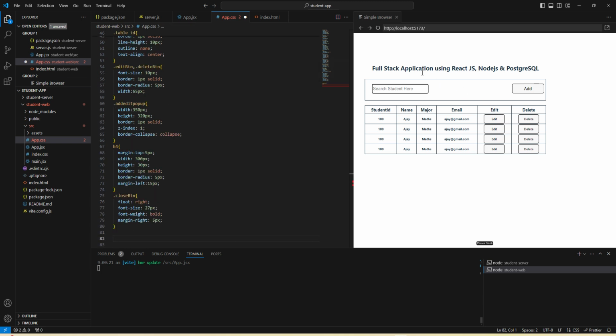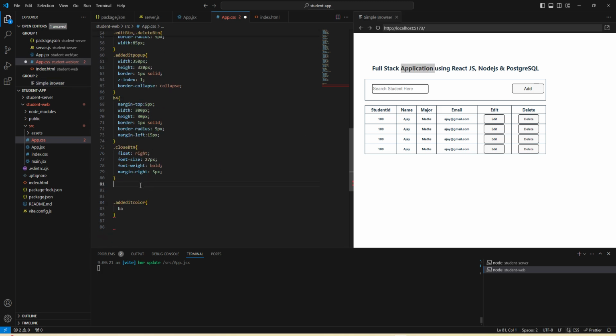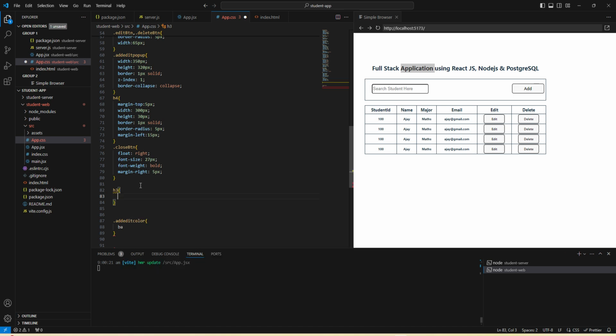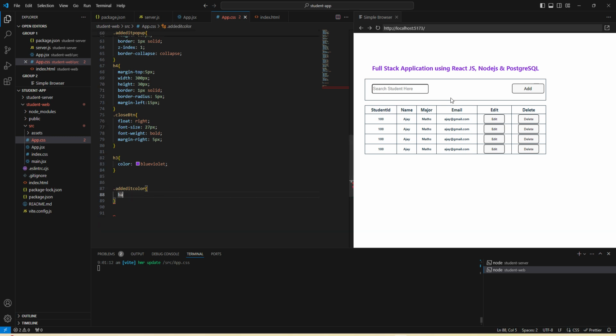This header we want to add the color for. We can say h3 and background color. We can simply add color, and we can use this color. Fine, it is showing. Now for this pop-up search box,